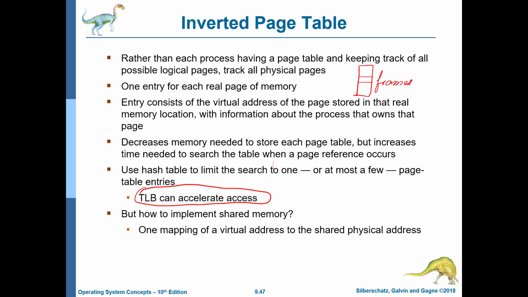But nevertheless, inverted page tables have their share of problems because they're indexed by the frame number and not the page number. So what you need to do is that given a page, use a hash and that will point you to an intermediate structure, and then the intermediate structure will have a pointer to the frame. Then of course you can go to that entry within the frame and verify if an actual mapping exists or not.